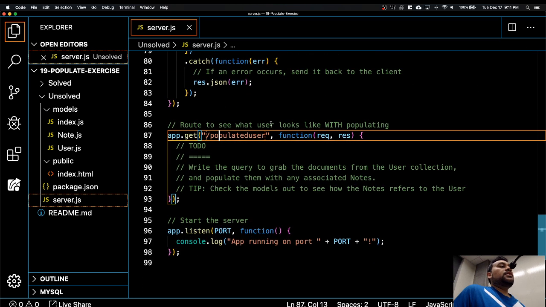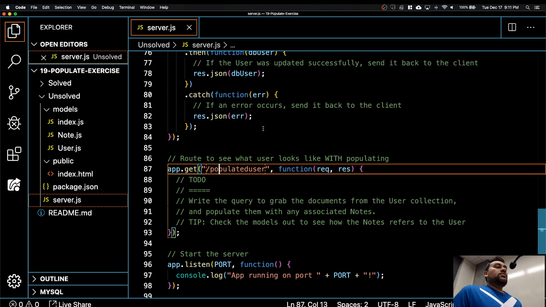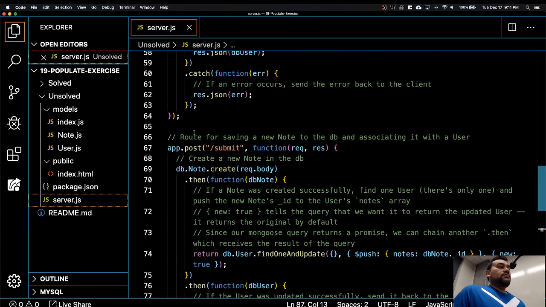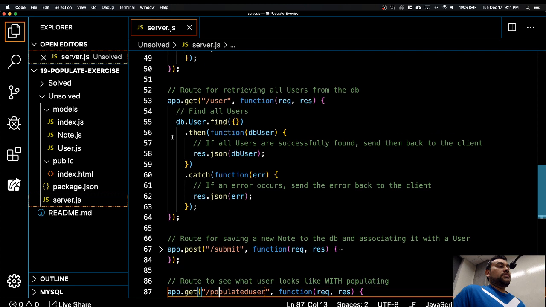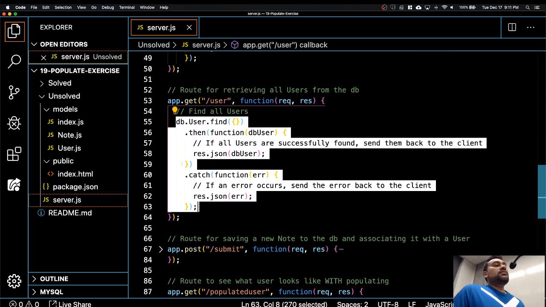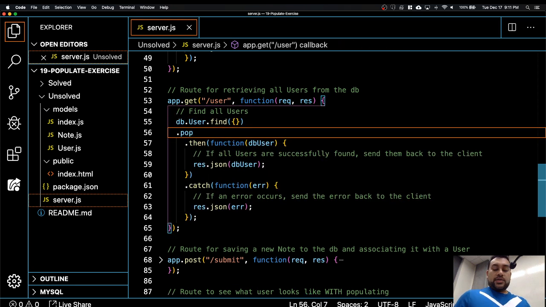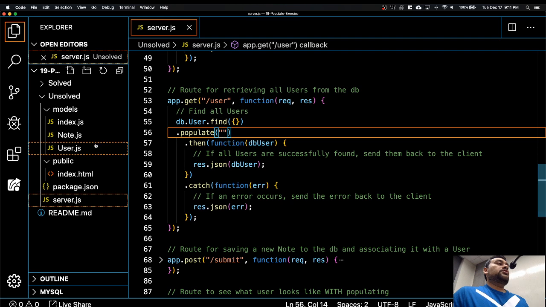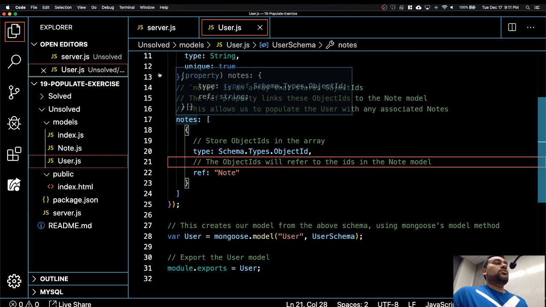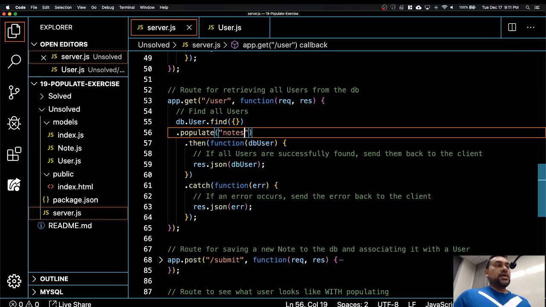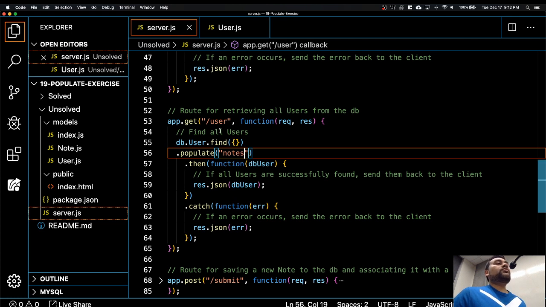Okay, so same thing, this is the find method. The only change you would be doing is, if you go back to your find method over here for the user, same thing, you are just adding a dot populate and then the name of the array that is in your user thing. So this is called notes, so we would just add notes over here. Of course you won't do it over here. You would have to copy this whole thing